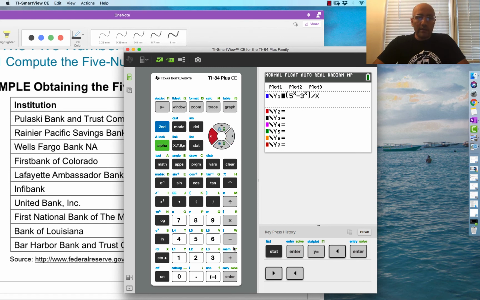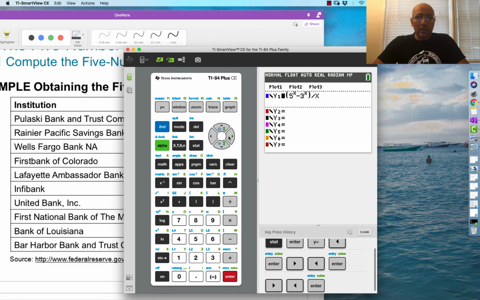If you use the arrows to select the equal sign and hit enter, and then move away, you see now the equal sign is dark. That means it's active. Okay, we don't want any active equations on here. So highlight any equations on there. You can use your arrows, go down the list and